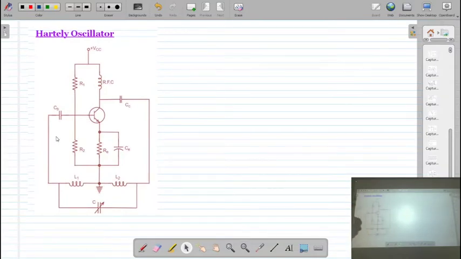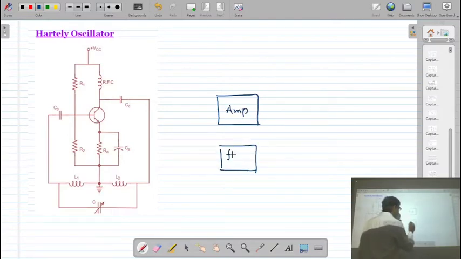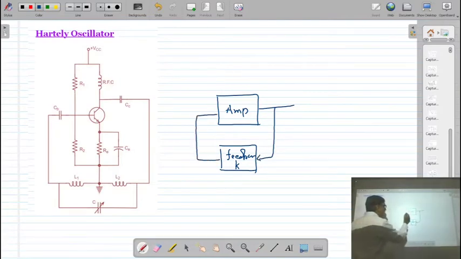Okay. So here you can see that basically in an oscillator, we have an amplifier circuit and a feedback network. In the feedback network, we are selecting a percentage of the output voltage. The output of this amplifier is given to a feedback network, and the output of the feedback network is given to the amplifier circuit. Here the amplifier has to introduce a 180 degree phase shift, and another 180 degree phase shift is introduced by the feedback network.